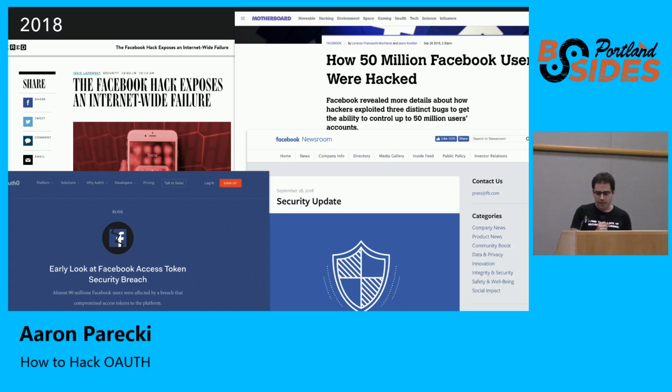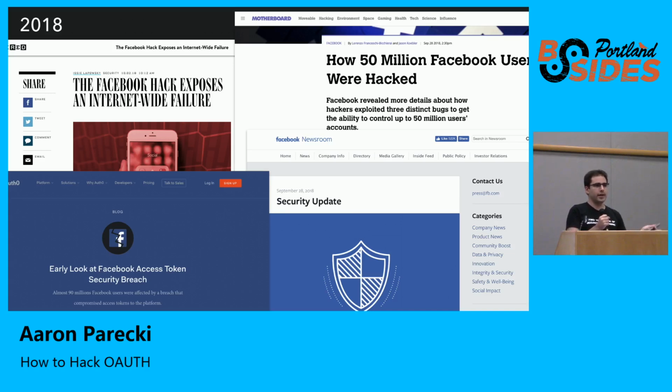So what I thought was really interesting about this hack was that because it made such mainstream news, Facebook actually put out a surprising amount of detail about the attack, way more than a company normally would when there's a security breach like this. And so they had their public-facing statement on their main press website about whatever went wrong, sorry, we won't